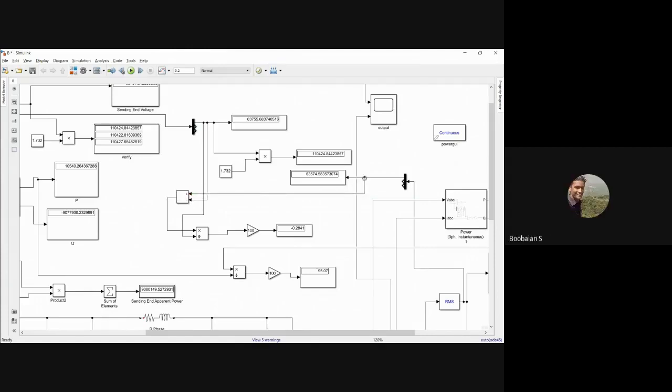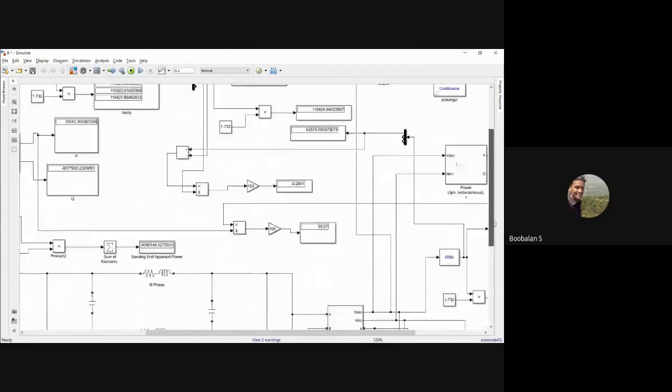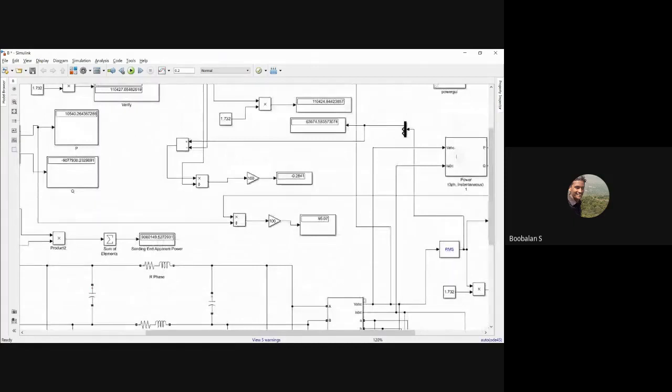Now we have got the idea, right? So I'm just going to use my mouse. It will be difficult because it's a very big diagram. Just follow my mouse cursor point. So this is what I'm receiving in VA. I'm just tapping over here, where VABC, after RMS, I'm tapping. After that, I'm using a demultiplexer, and I'm going to get only a single phase output, that is around 63 kV, right?